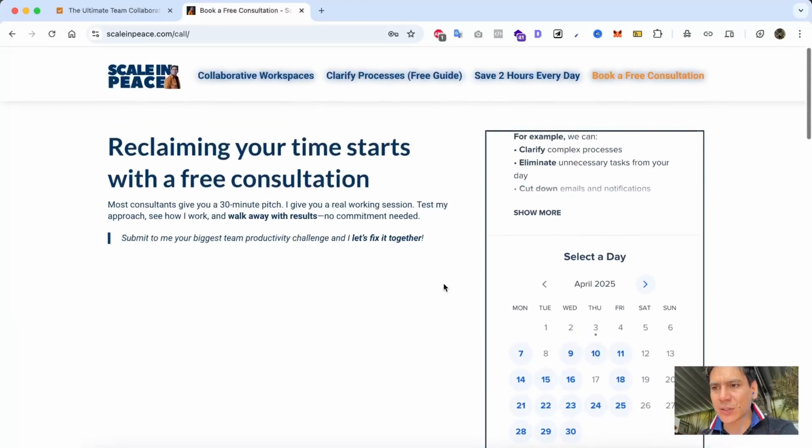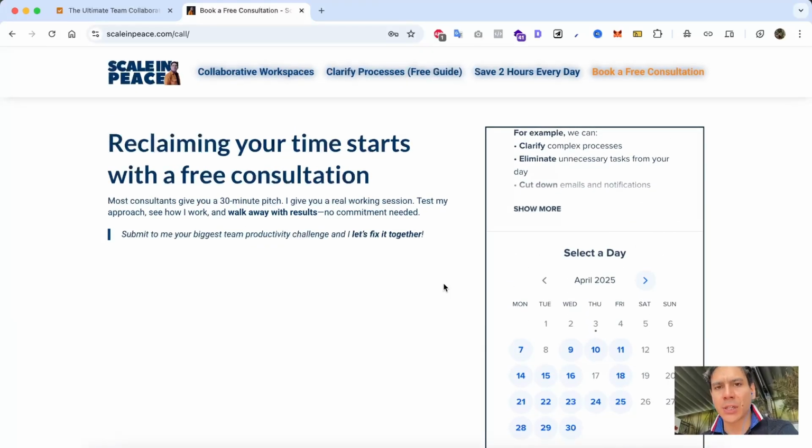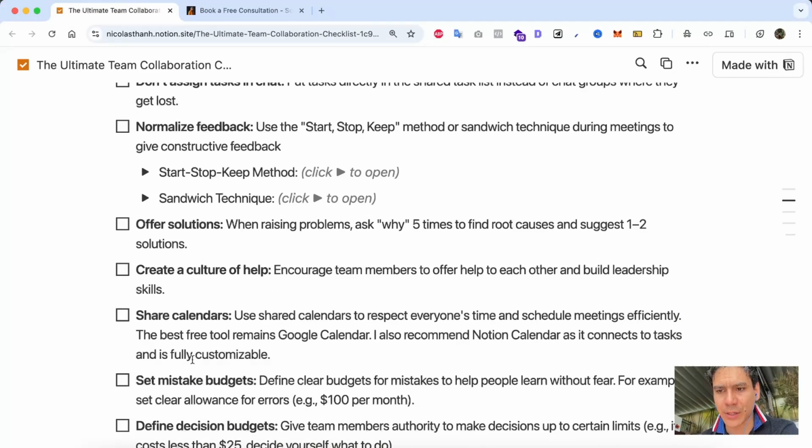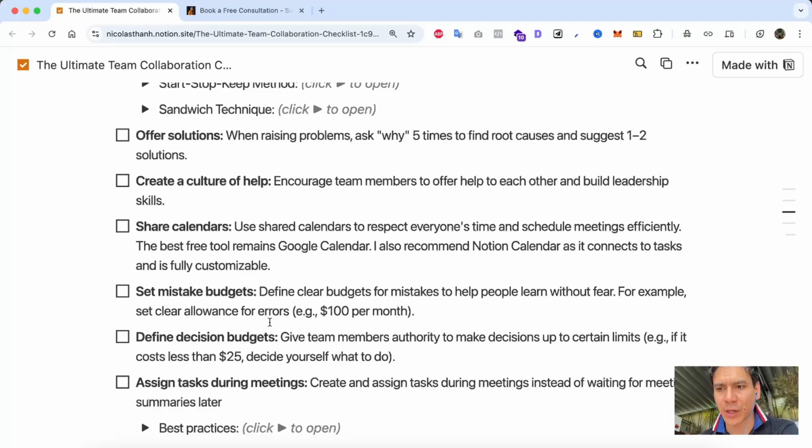And this consultation is not me pitching you my solutions. You can read them on the website, but it's mostly like helping you getting productive from the first minutes we spend together. For example, if we do a free session, what we can do together is pick the few items that you think are the best for you and try to put strategies in place with your team to implement